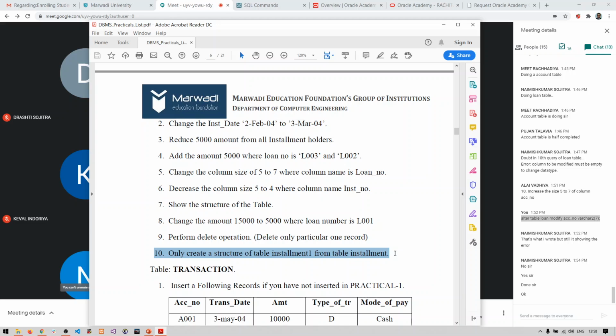I hope everybody will be able to complete this practical 2 by the 25th of July. Yes or no? You will get an invitation to upload the practical 2 PDF file into Google Classroom maybe by today or tomorrow, and the deadline will be 25th of July. Clear with this, everyone? Any doubts, anyone?